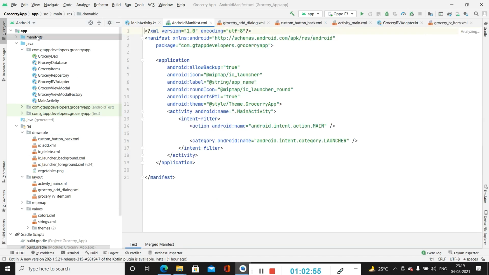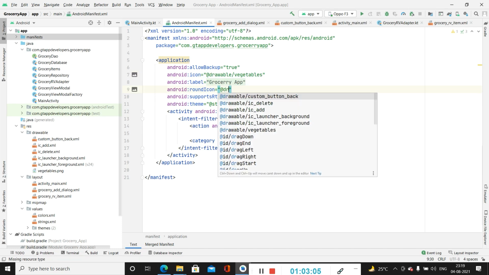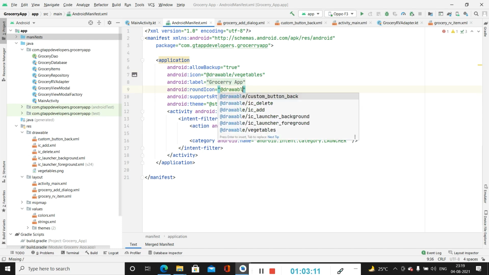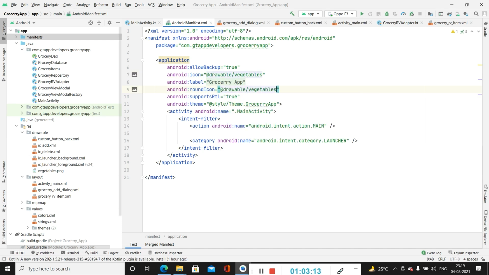After that we have to go to our manifest.xml, and inside this we have to change icon, that is drawable vegetables, and here as well round icon as drawables, as vegetables. Now we have to run our application and see the output of our application.